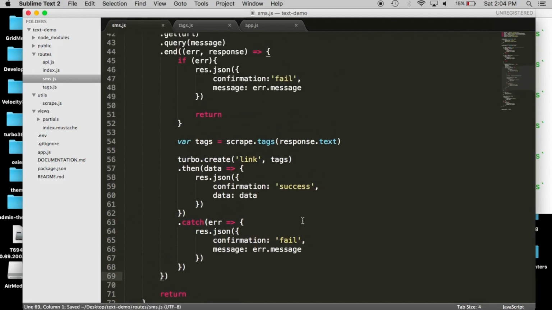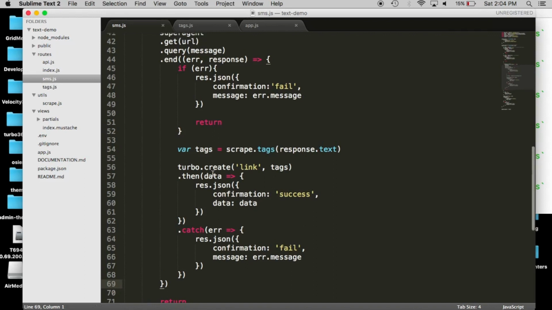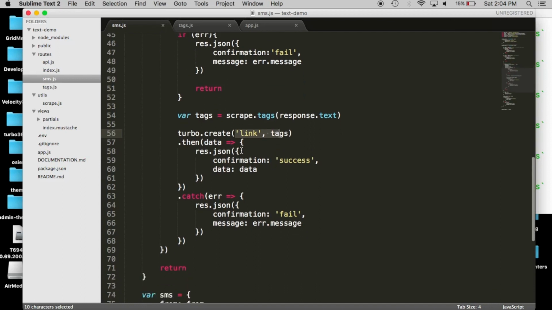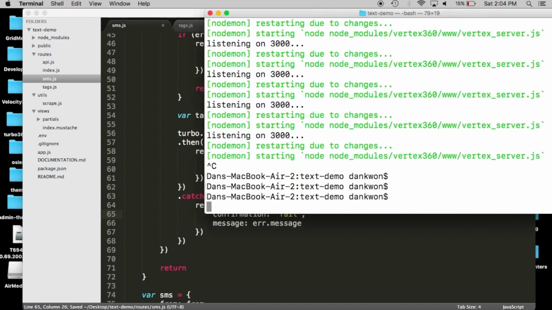From a conceptual standpoint, do you guys see what we're doing here? We're grabbing the URL, we're parsing it out, we're just reusing that parse function, right? And then we're creating a new data type called link, because why not? And then we're just sending back our request or our fail, right? So now, if I deploy this guy,